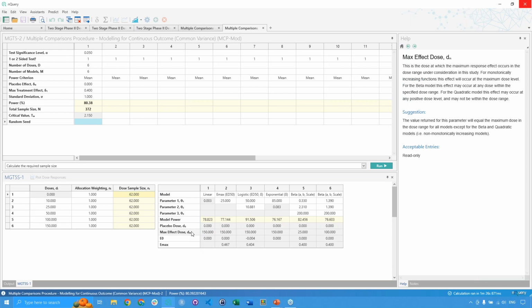I won't have time to get into it now in too much detail, but for the monotonic models, the max effect dose will be the highest dose level. But for the non-monotonic models here, which in our case is the beta models, this won't always be the case. You know, for the beta model, the max effect dose could be anywhere along the curve, and